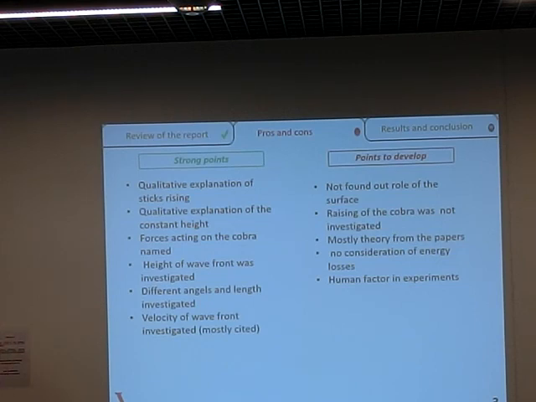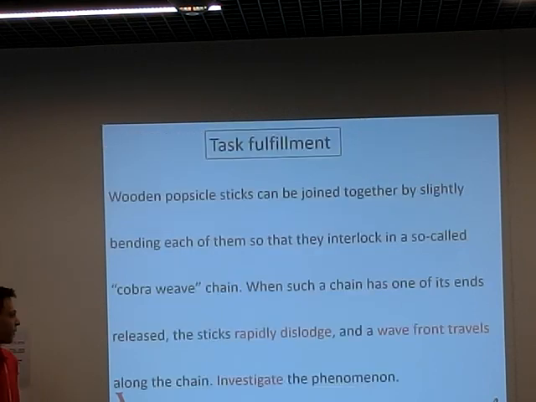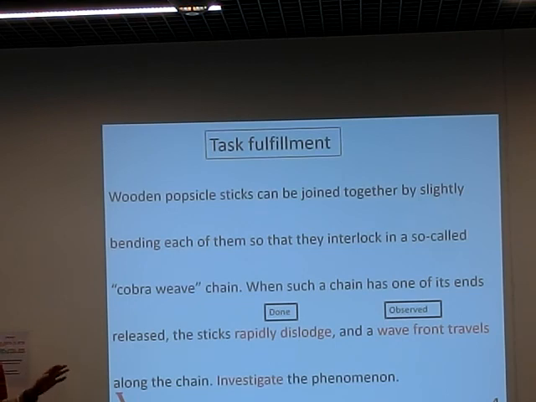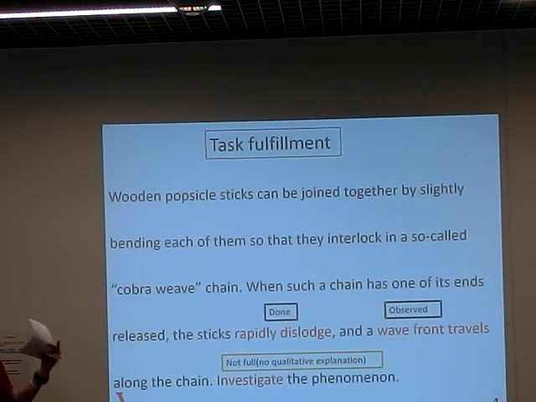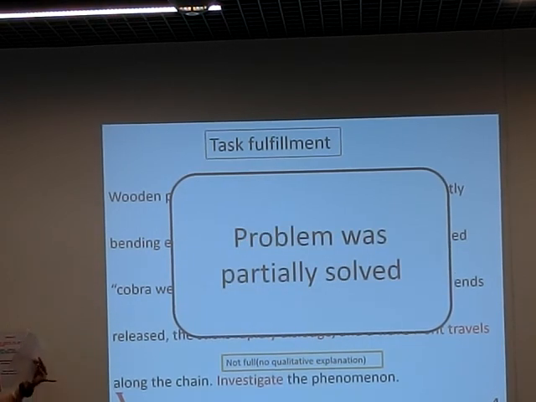And the human factor experiment wasn't a good effect. So if there was a task fulfillment, what can we see? We were asked to create a cobra, yes, it was done. The motion of the front, yes, it was observed. But the investigation was not full. For example, it was mostly checking the papers, and there wasn't some novelty or something from the reporter. So now I'm